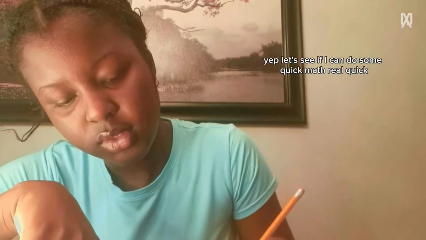All right, let's see if I can do some quick math. I need a calculator. I'll be right back. Let's see. This is 1/5, and then this is gonna be 30. 3 times 15 is 45. Yep, 30. Cool. Find values of x and y. Oh, there we go. Let's check our answers. First one is right. Second one is wrong. Third one is right. Fourth one is right. Fifth one is also right. Sixth one is 150, 30. No, yes, yes. Oh, I got that one kind of wrong. And then 10th one is